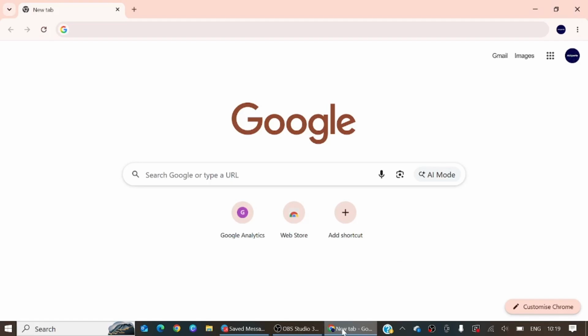Hi, this is stage 2 of the UTM tracking setup. In the first stage, I talked about UTM parameters setup in Ads Manager. This second stage, I'm going to be talking about Google Analytics setup. And in the third stage, I'm going to be showing you how to configure the Google Analytics to your WordPress website. So to set up your Google Analytics, the first step is to go to your Google account and type